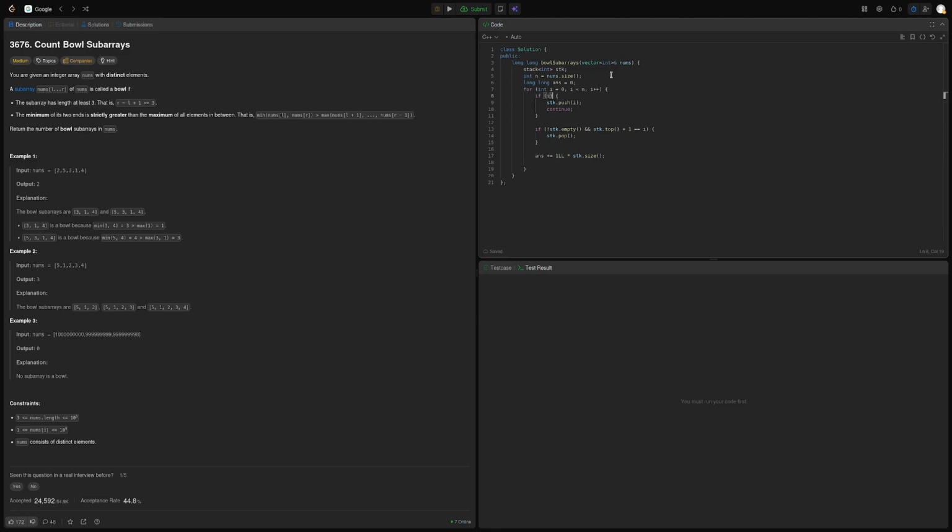It should be I equals 0. While not stack empty and nums stack top smaller than or equal to nums I, stack pop, and then